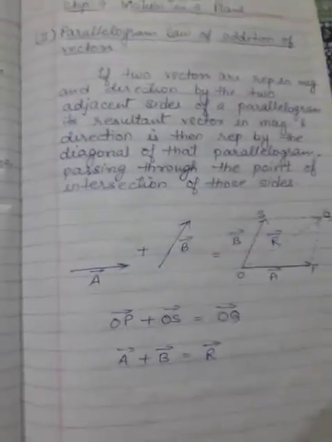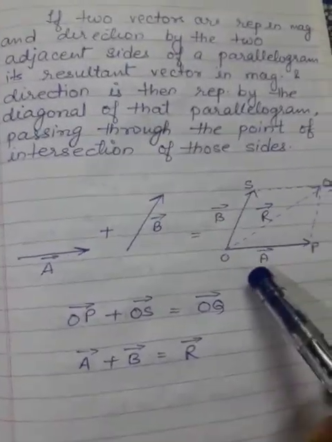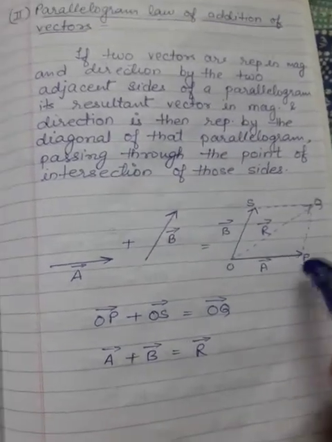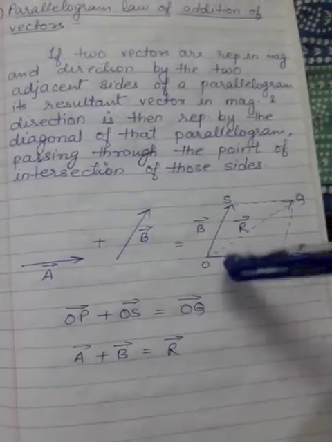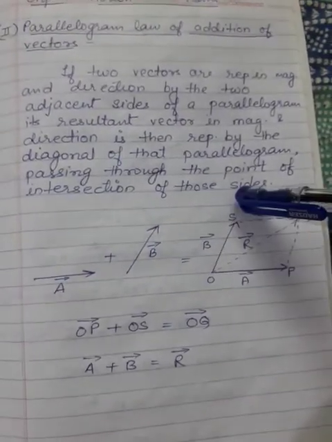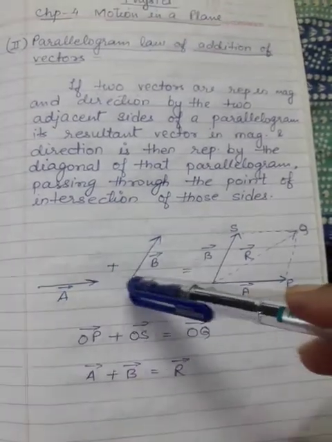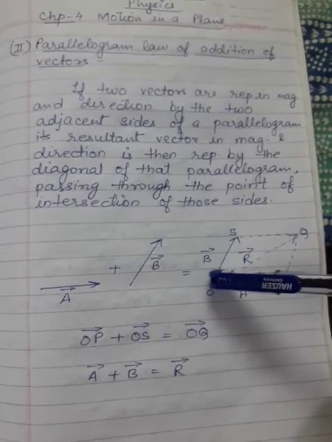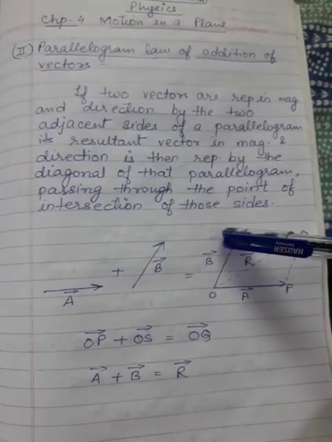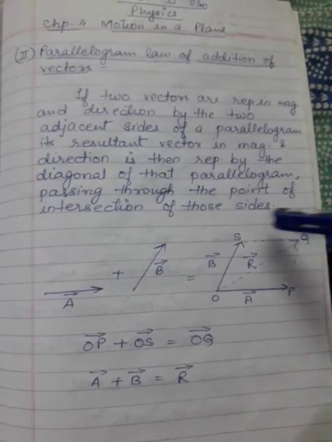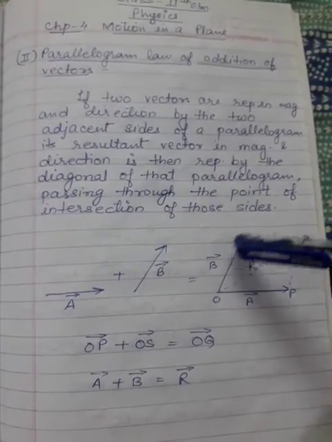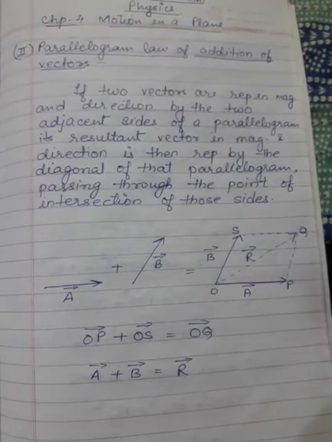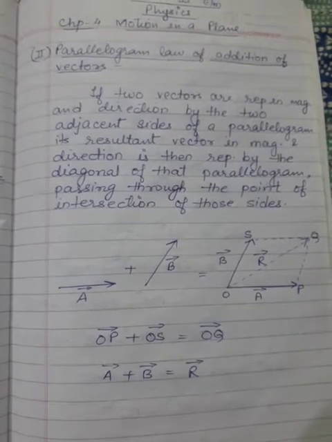In your triangle law, we had discussed that there are two vectors, but they were one after the other. But in the parallelogram, we are going to combine them one and another. That means vector A plus vector B, the starting point of both the vectors will be common. Now, draw a parallel and equal line to vector A and vector B. Hence, you form a parallelogram, and the diagonal will represent the resultant of these two vectors.